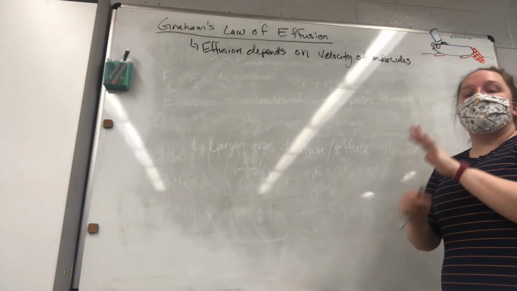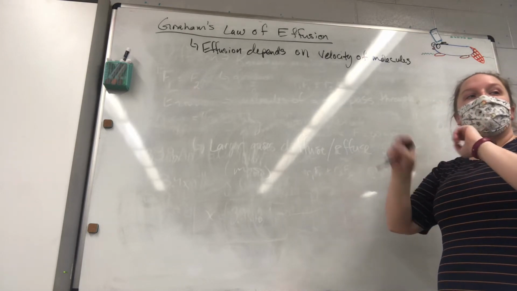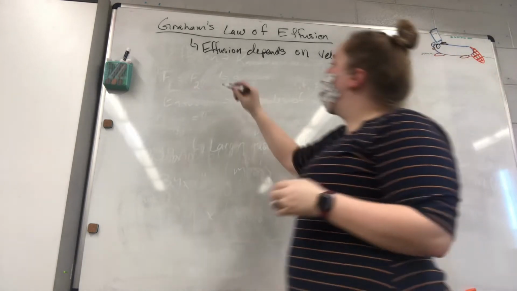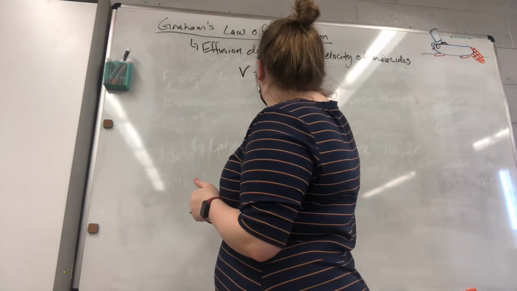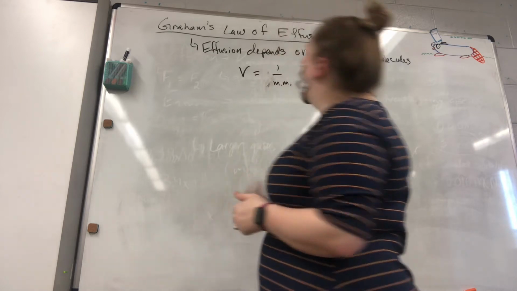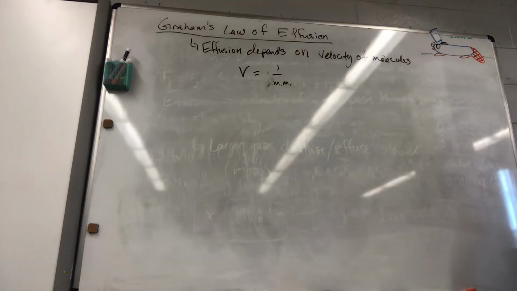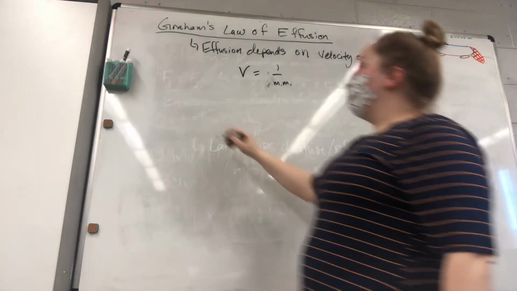The velocity is also going to be inversely related to the mass of the object. Inverse. Right? That's what we mean when we say inverse. So if you have a high velocity, you must have a low molar mass. If you have a high molar mass, you must have a low velocity. Right? And this is where we said